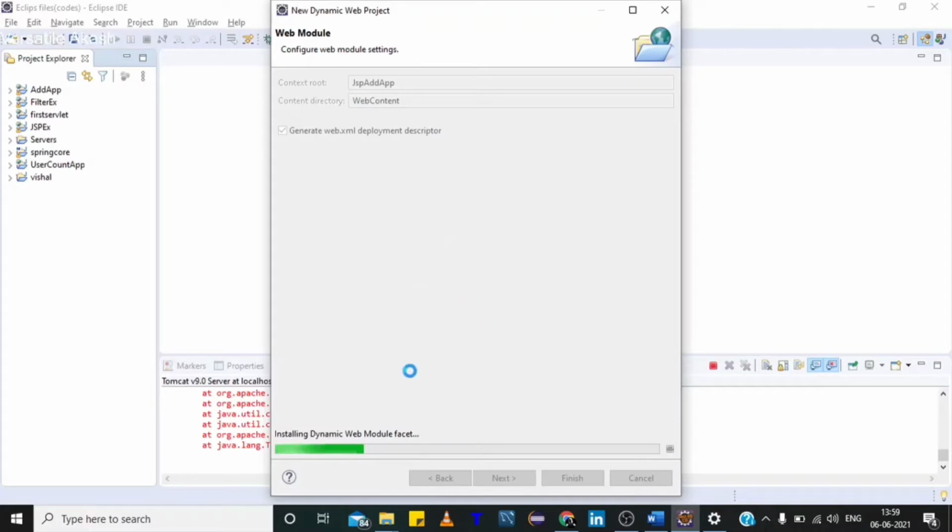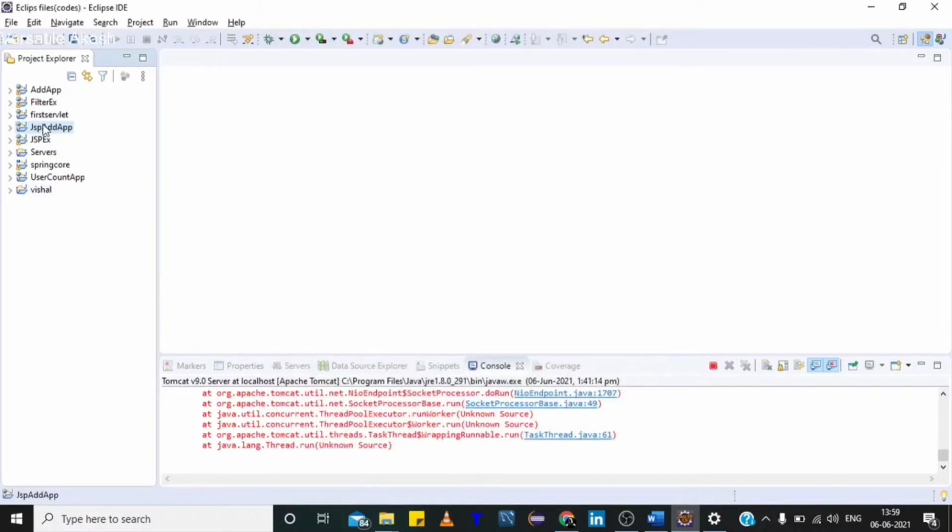After completing this process, we have to create an HTML file, like a home page for our project, from which the user will give the input to the server. So as you can see, this is our project.